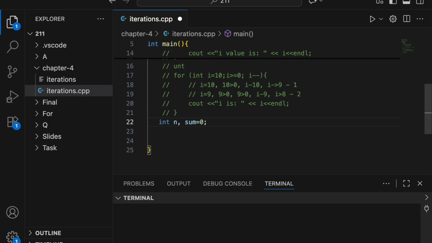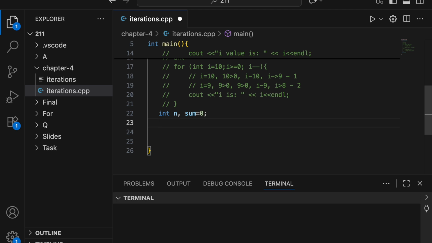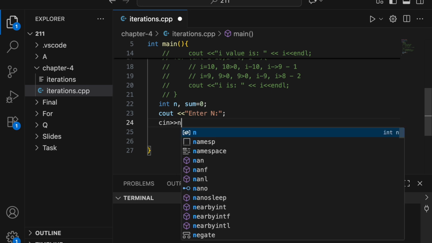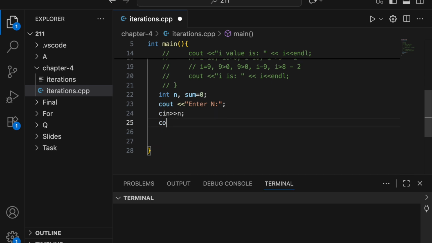Okay, because we don't have any sum, and we can always initialize values when we do these kinds of things like addition, subtraction. We initialize from 0 and cout, and we can say enter n. Okay, and that's the first value, and we're going to store this to n. And then now I'm going to use a loop for